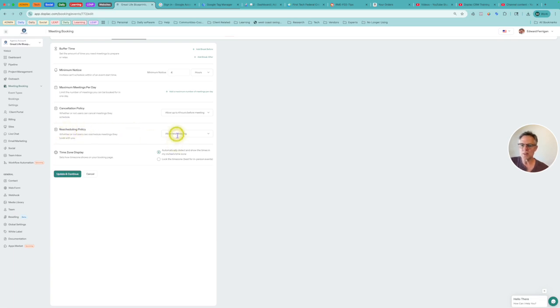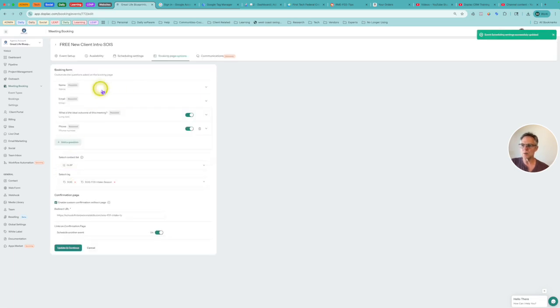Rescheduling policy, allow it, and then time zone, automatically detect and show the time in the invitee's time zone. So this is really important. I think I would click that. Yeah, see here it says lock the time zone, so it's best for people that live in your own community. But if you're doing global or a very large demographic, I would choose this one. All right, moving on. We'll go to the next, which will be